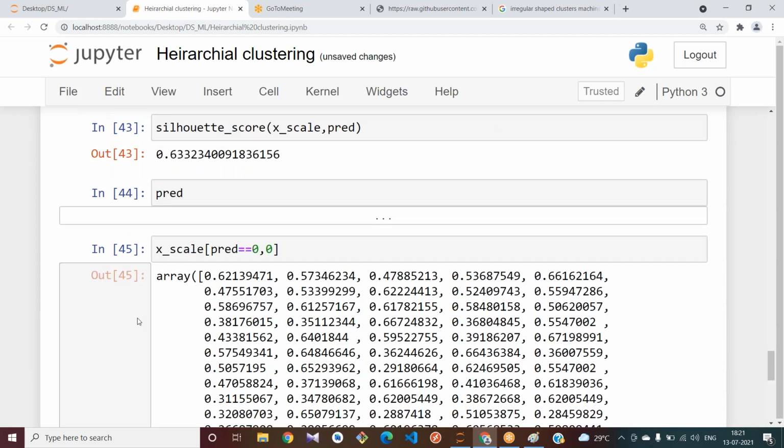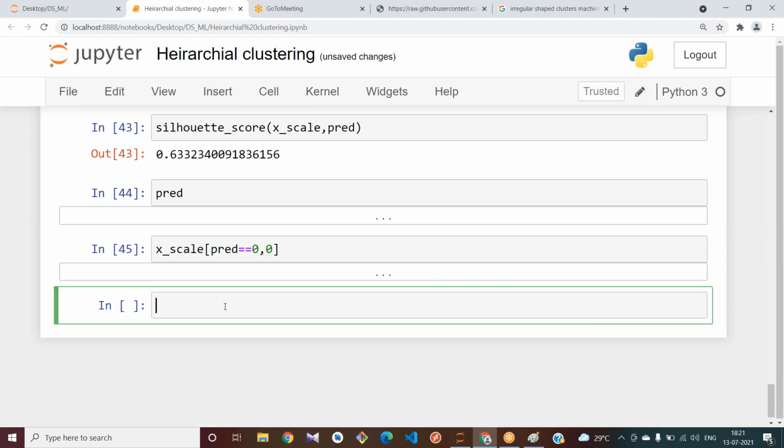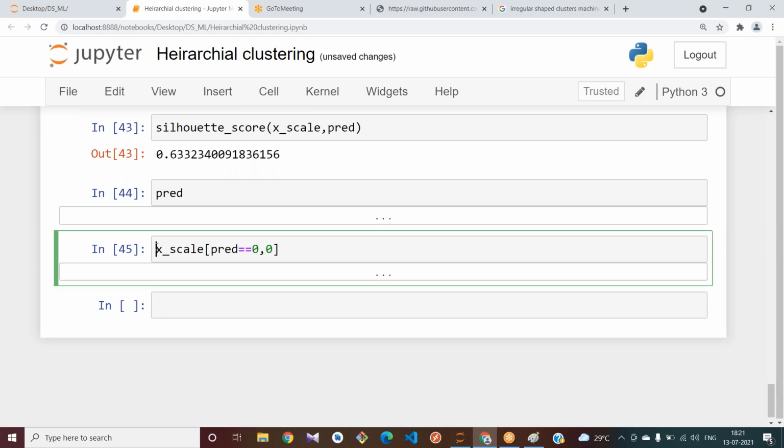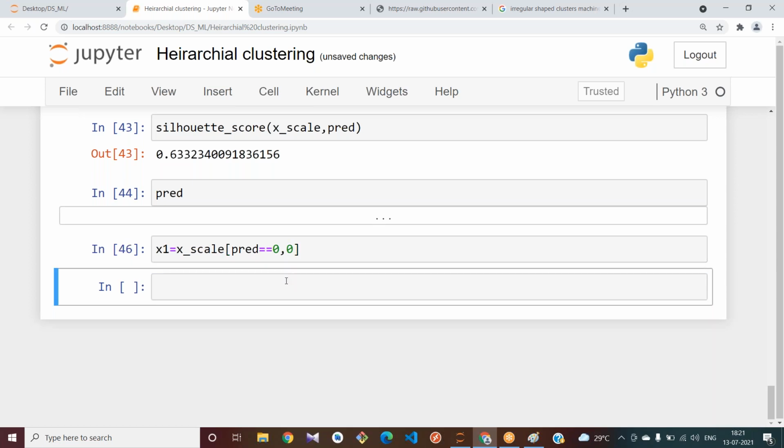If you do that, I get only these values on my X. Let me store it in X1 so that we will not get confused. Let me take Y1. What is Y1 here? X underscore scale, PRED equal to, and for the first column also I need to take 0, 1.